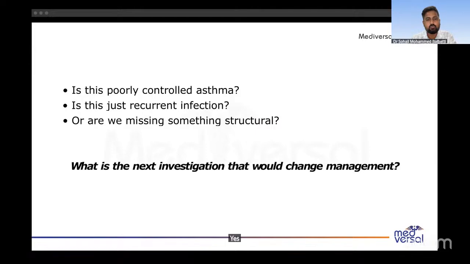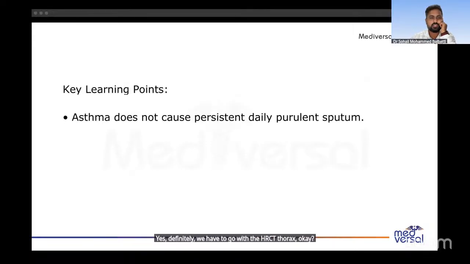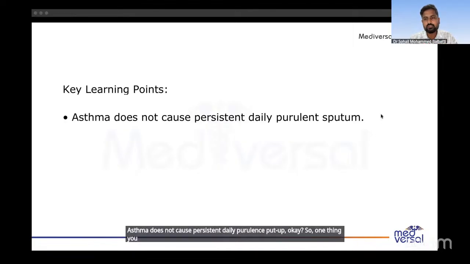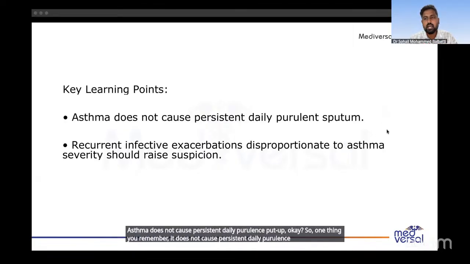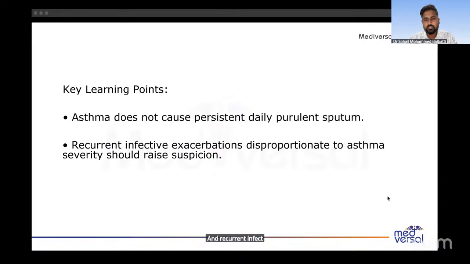Yes, definitely. So what should be the next investigation that would change the management? Yes, definitely we have to go with the HRCT thorax. Okay. So the key learning points from this patient: asthma does not cause persistent daily purulent sputum. One thing you remember, it does not cause persistent daily purulent sputum, and